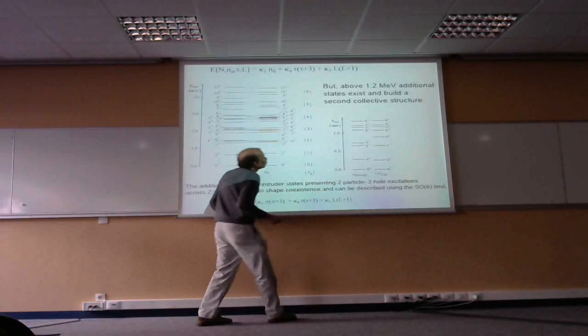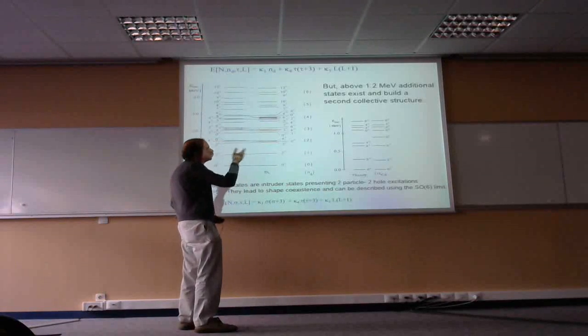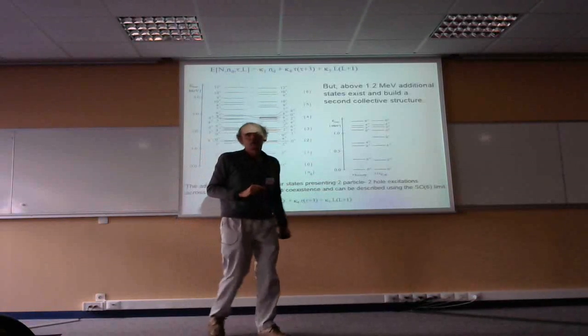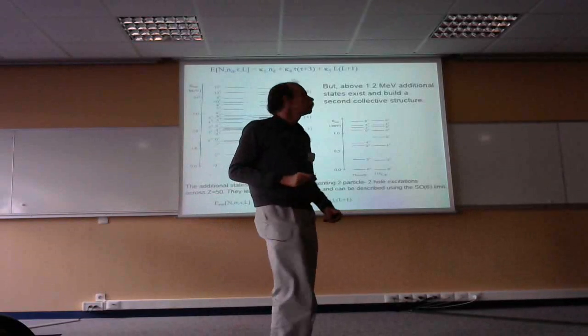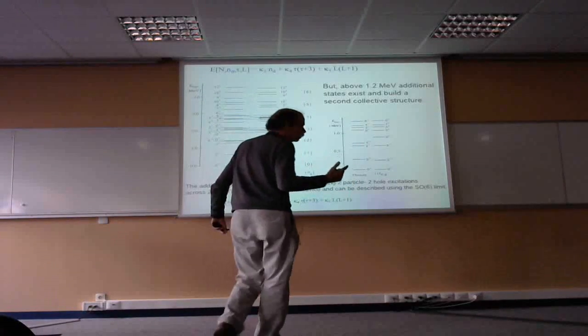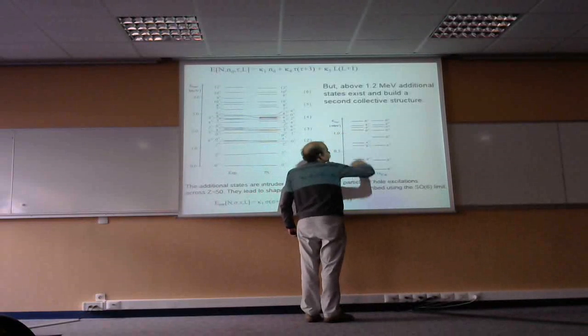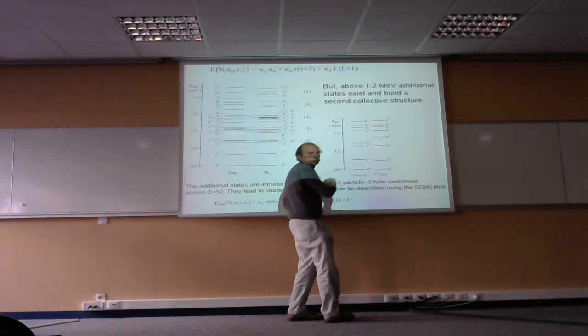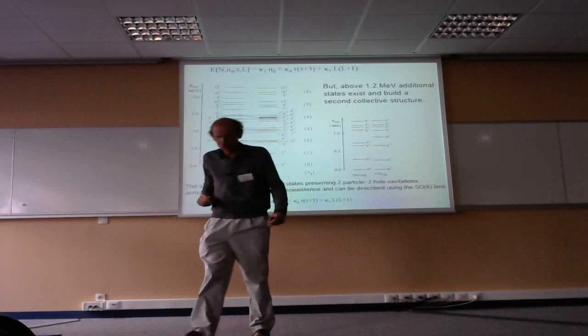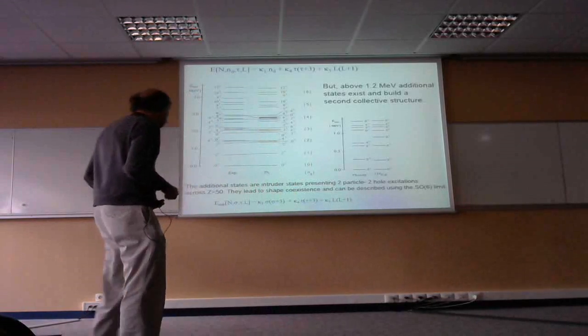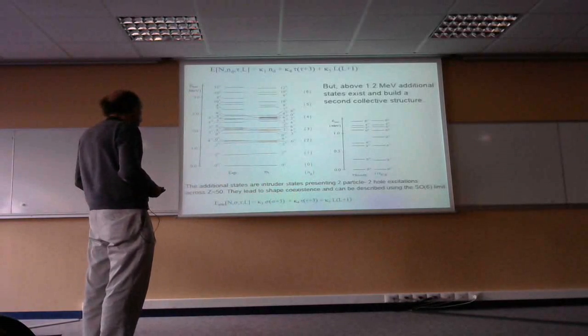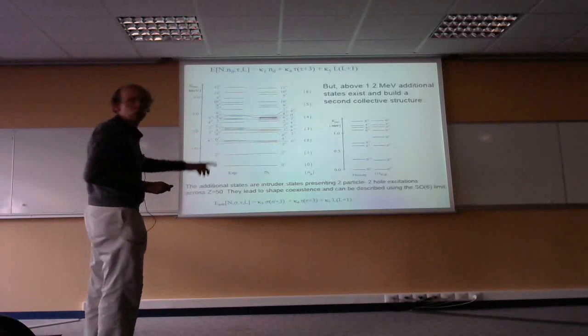The interesting thing is, this looks exactly like an O6 spectrum. Remember, in U5 you had 0, 2, 4, and in O6, as Mark told you, the 0 is higher, and so you have 2, 4. Gamma unstable. This at 1.1 MeV,